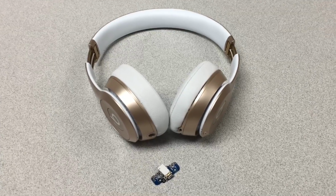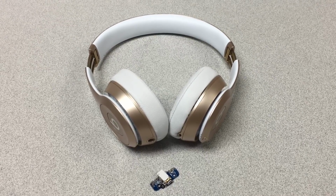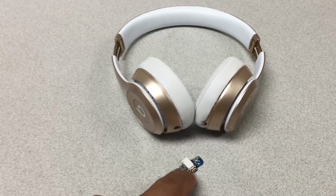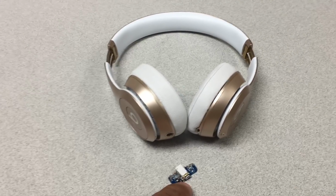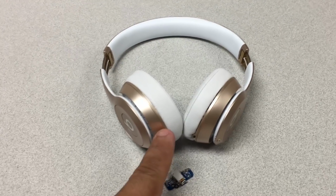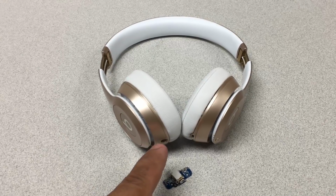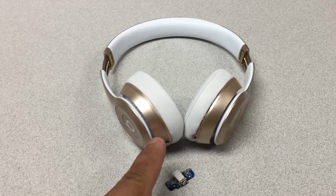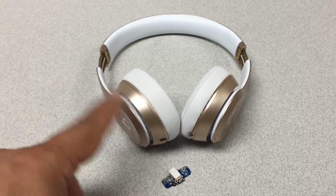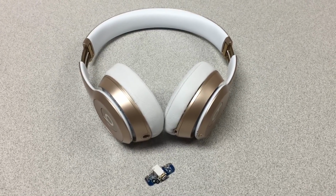So you guys might want to give this a try if you've tried absolutely everything and don't have any other resource left. You might want to try just removing the audio jack. That's most likely causing some kind of short, and just hooking up the wires, just solder them together. Again, you put all the negatives and grounds together along with the auxiliary detect wire, and you connect the Bluetooth right and left accordingly to the speakers. So I hope this helps somebody out,